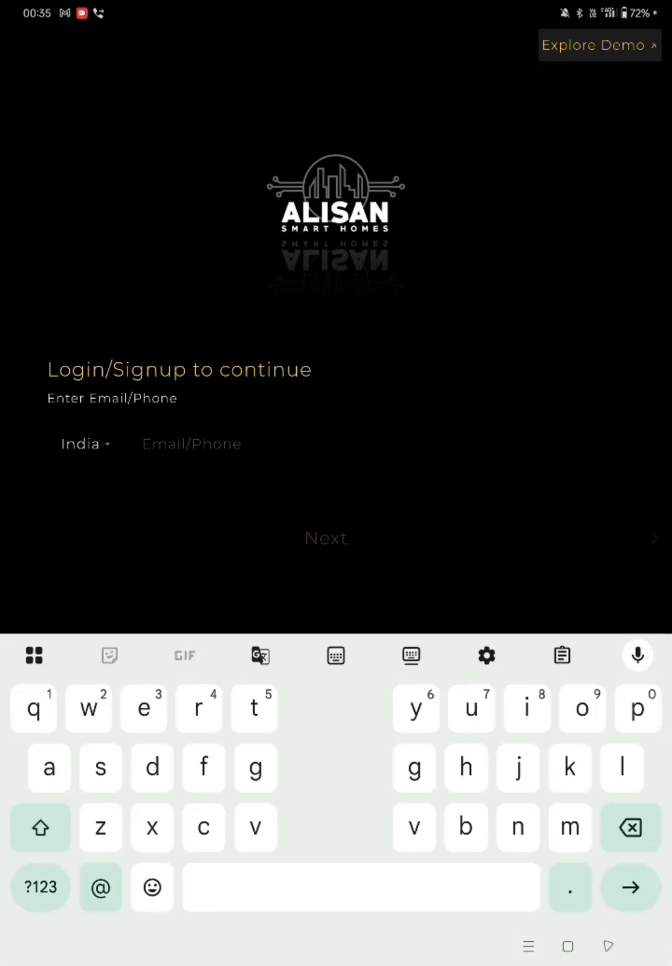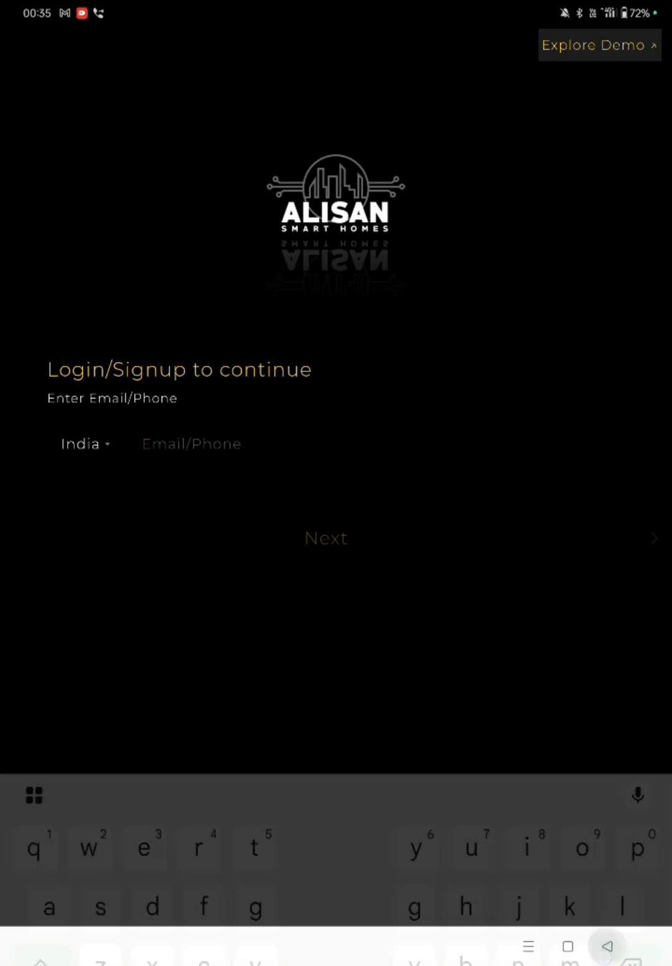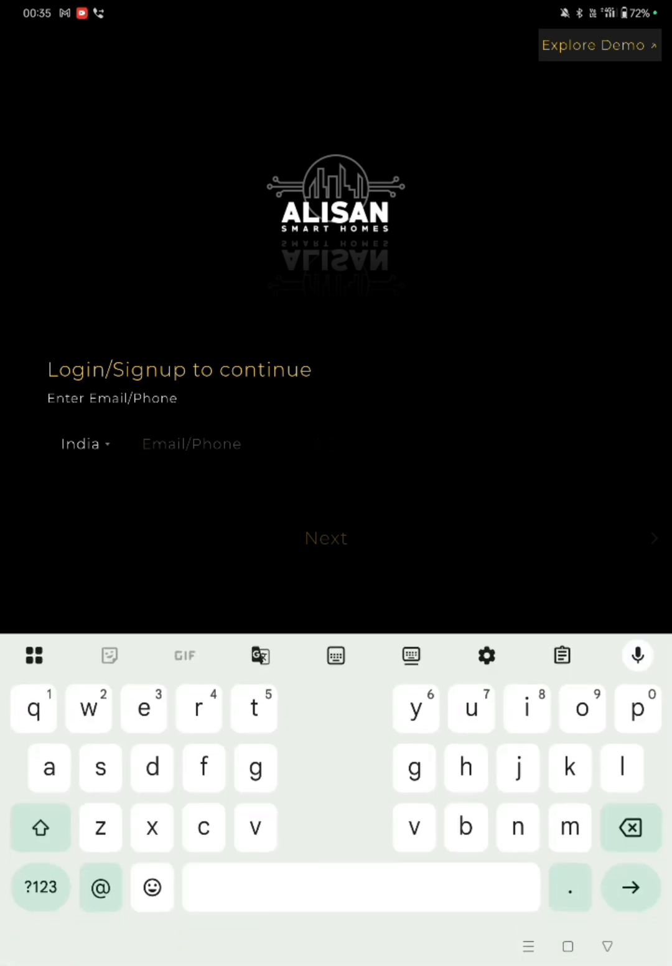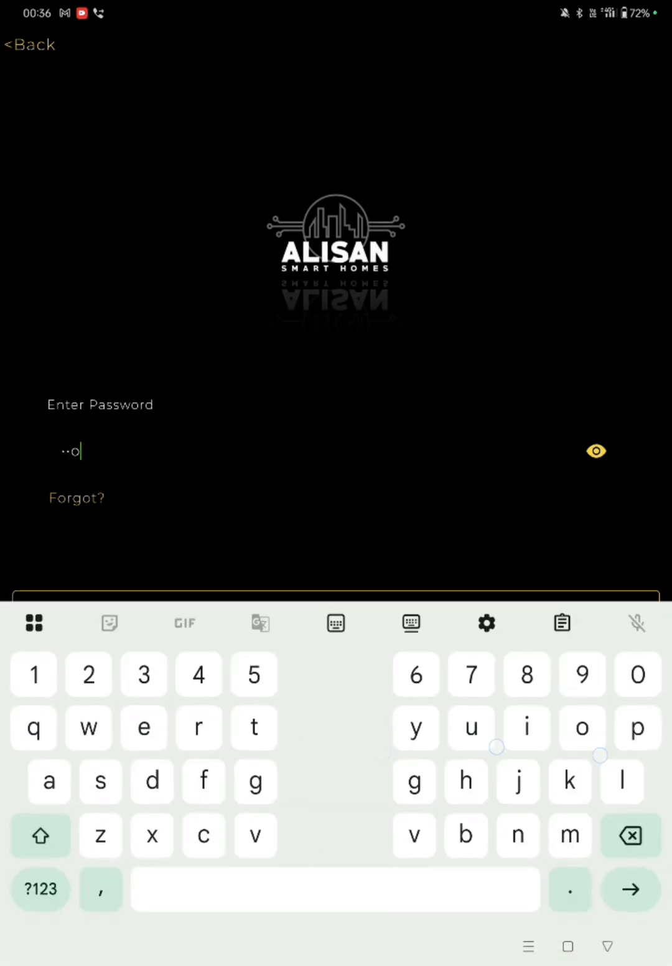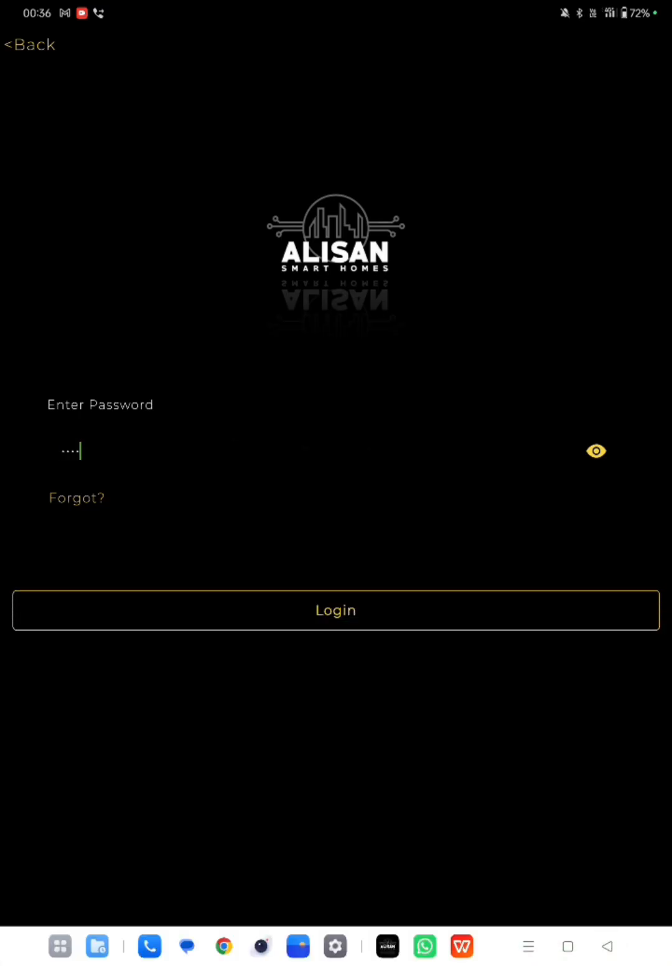For example, I have added xyz@gmail.com. If that user exists, then you can go to next, enter the password here and easily access the account. This is basically a 30 minute